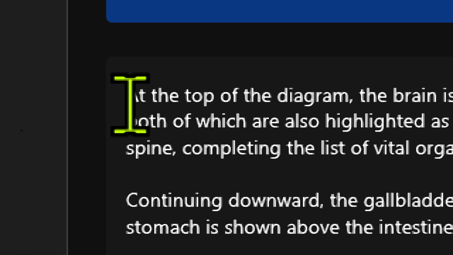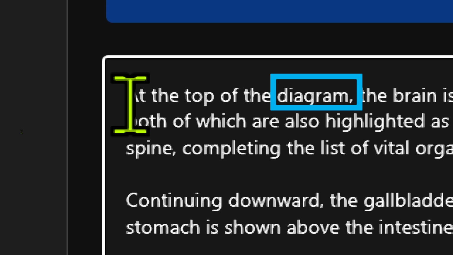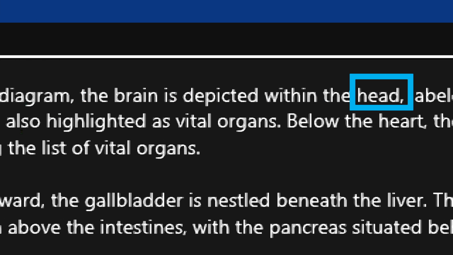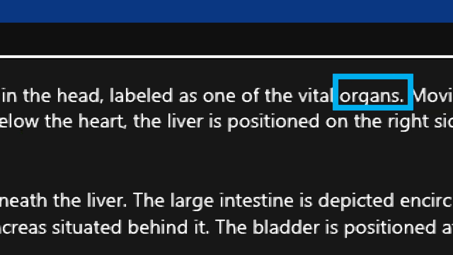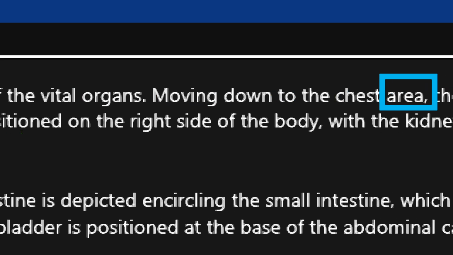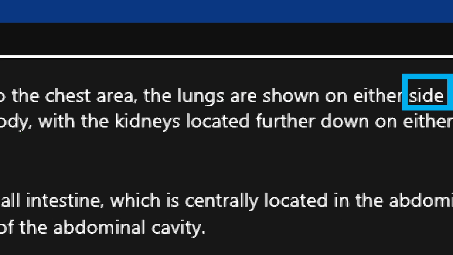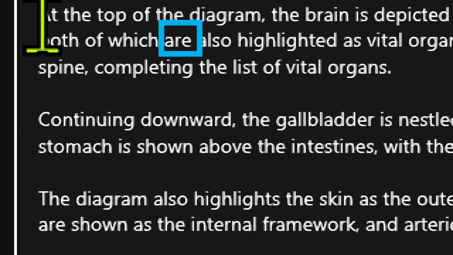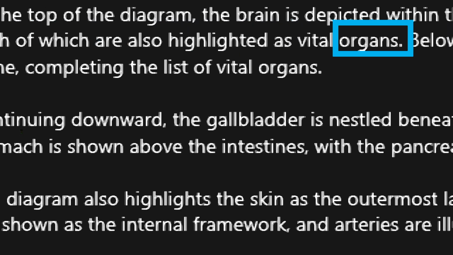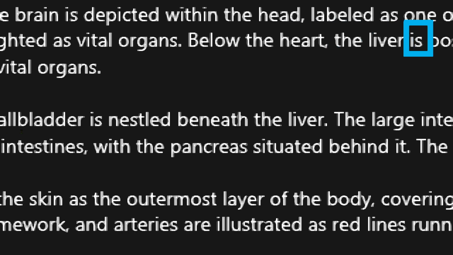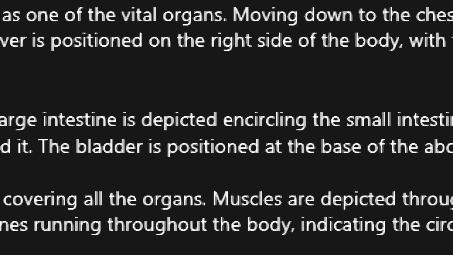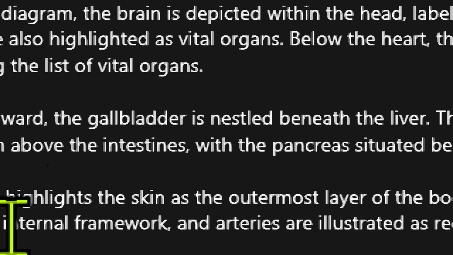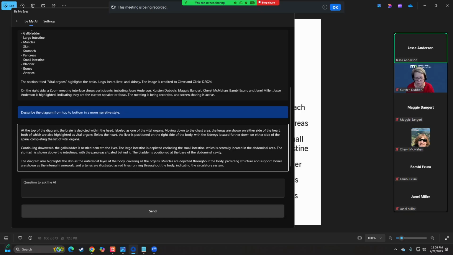So now if I read: At the top of the diagram, the brain is depicted within the head, labeled as one of the vital organs. Moving down to the chest area, the lungs are shown on either side of the heart, both of which are also highlighted as vital organs. Below the heart, the liver is positioned on the right side of the body. And so I can continue asking it specific details about how things are arranged, or more information, as I better